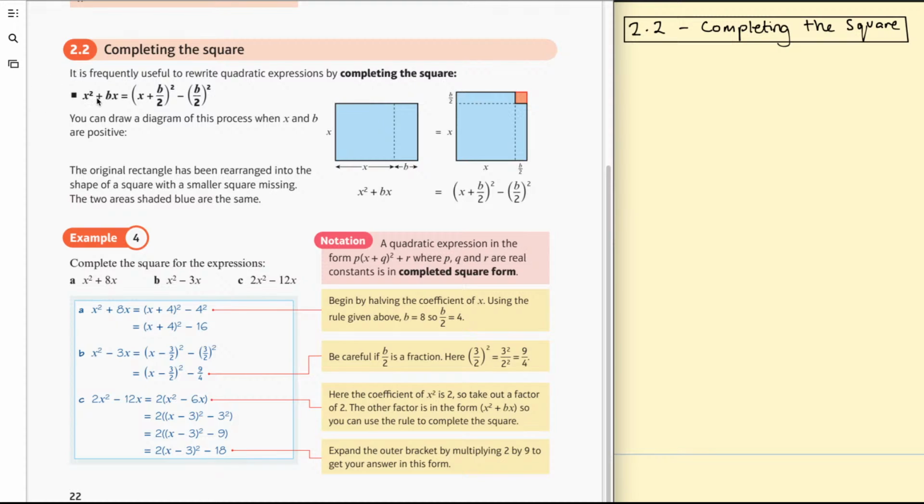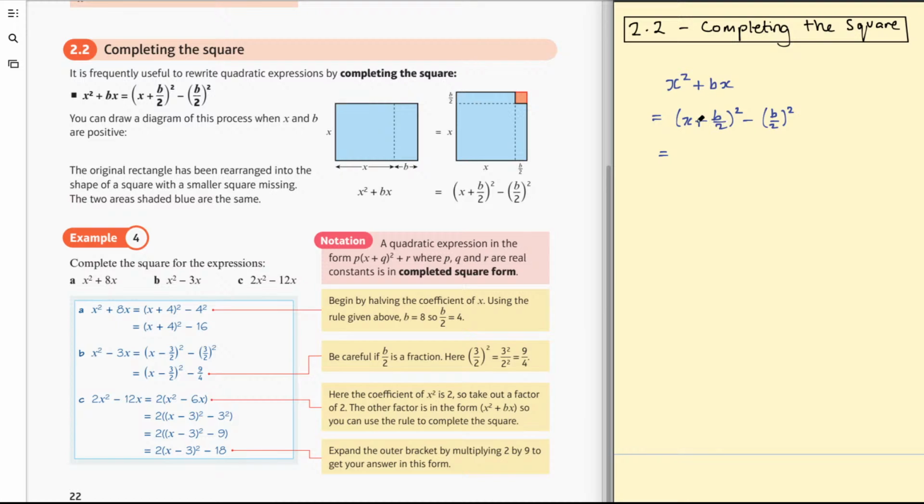So this is saying if you start with x squared plus bx, you can rewrite this as x plus b on 2 all squared, take b on 2 squared. Because if you expand these brackets out, this x plus b on 2 all squared,